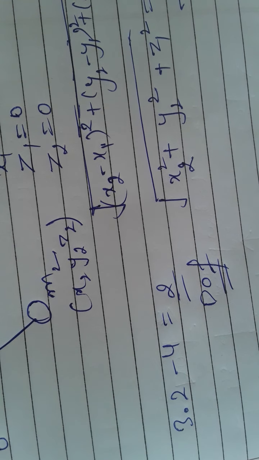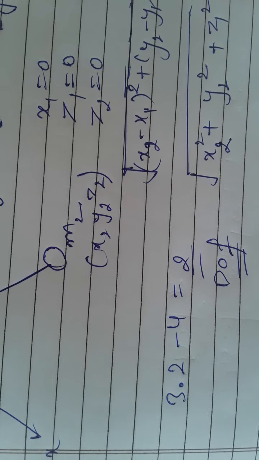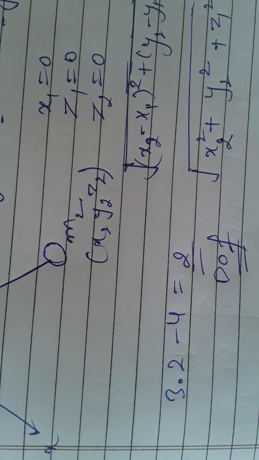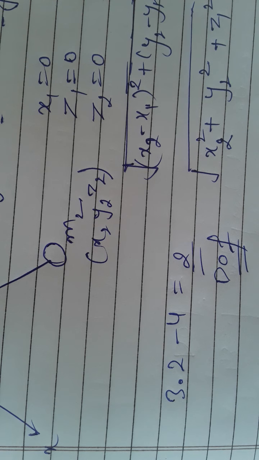So this is the generalized way which I personally use to find the degree of freedom. Always write the equations of constraint first, then treating them as free particles, impose the conditions one by one. Okay, so this was about degree of freedom, and in further questions on Lagrangian we will also discuss degree of freedom.